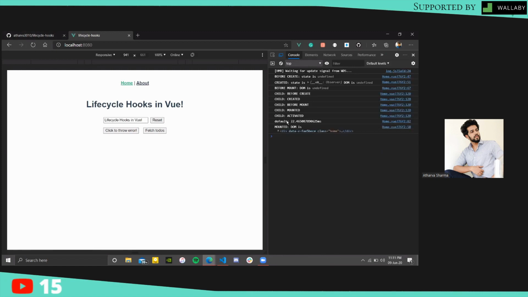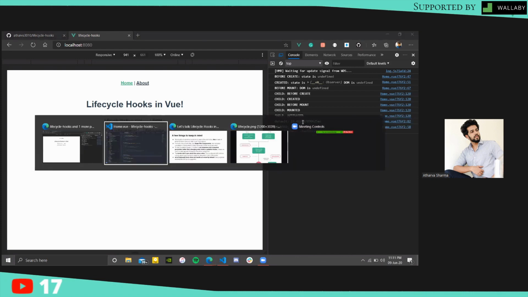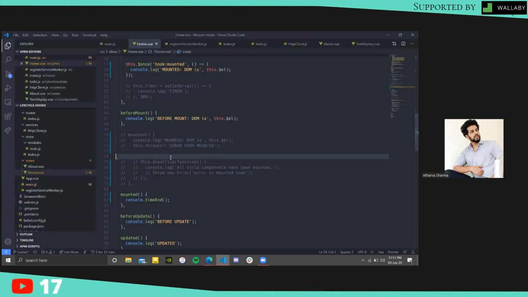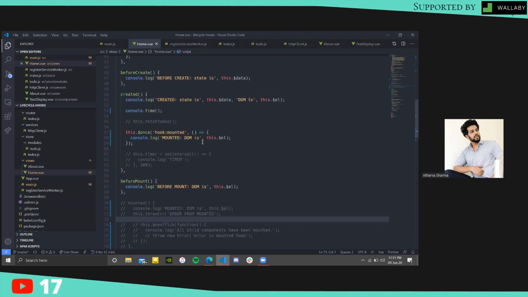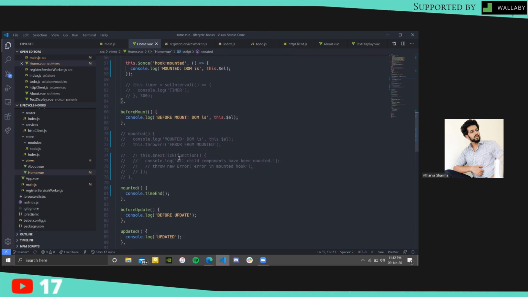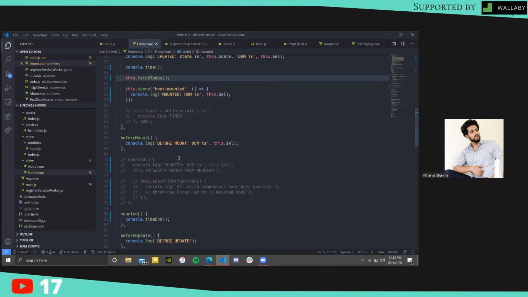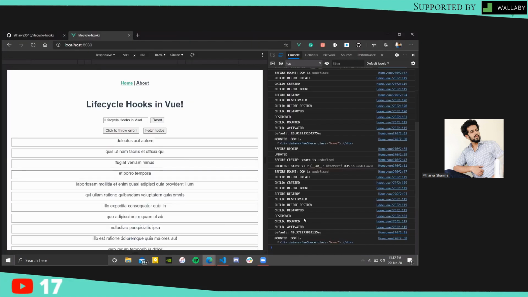Okay, so we got 22.44465 milliseconds, and this is a huge delay, which we do not want when we are calling an API, and so it's better to just call it inside created. If we were to call this fetchTodos function inside mounted, it will be called after the DOM has been patched and rendered, so there will be a delay.